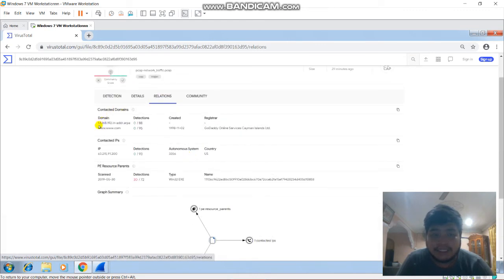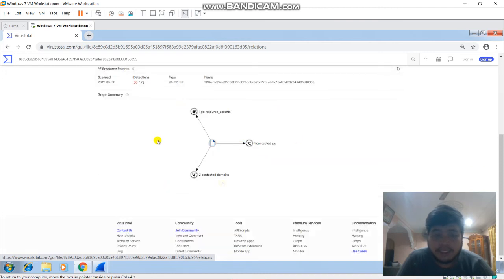We can see the domain address for this file, which is 1.1.168.92, registered by GoDaddy Online Services Cayman Island. For the contacted IP, we can see here this is the IP with no detection, and the PE resource parent has a score of 30 over 72.